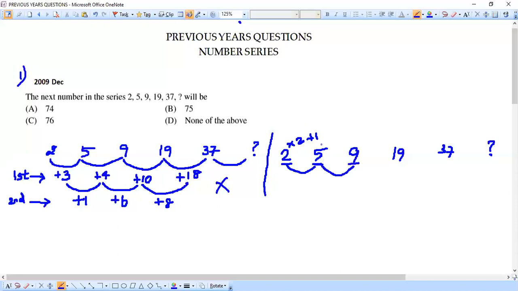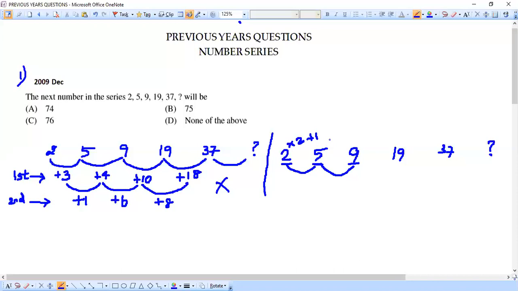Now let's travel from this 5 to the next term, which is 9. Again come for 5 tables now. Let's try 5 tables. 5 ones are 5 and 5 twos are 10, right? I need not go for 5 threes are. 5 threes are will be even more. It will be 15. So no need to go till 5 threes are. So let's stop with 5 twos are and let's see what happens.